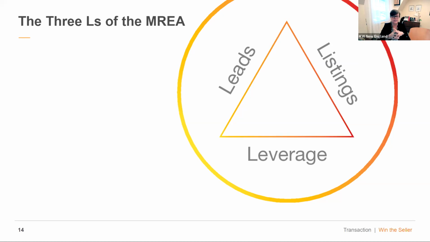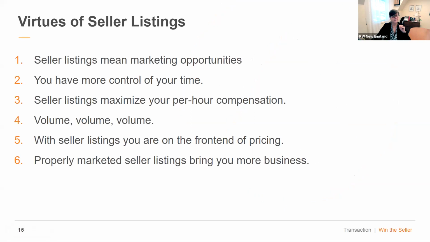And that's the 3 basics of the MREA, just like we've been hearing since day one. You've got to get your leads and you've got to get your listings. Listings, we don't have to drive them anywhere. And the other great thing is we have other people selling them. And then of course we have our leverage piece. So let's move on and talk a little bit more in detail about